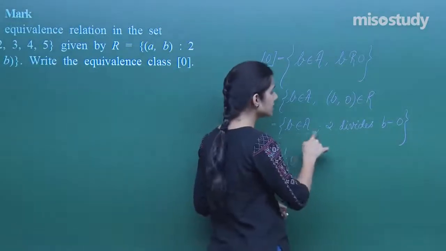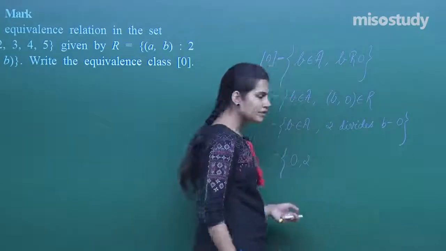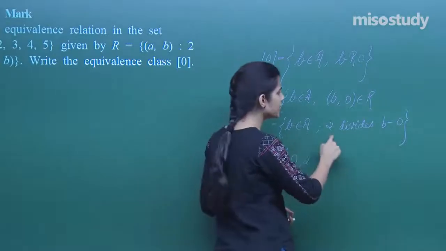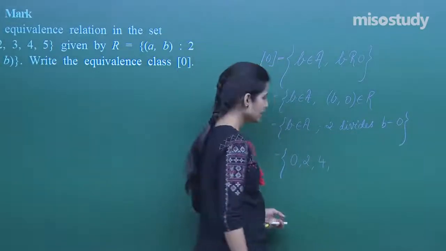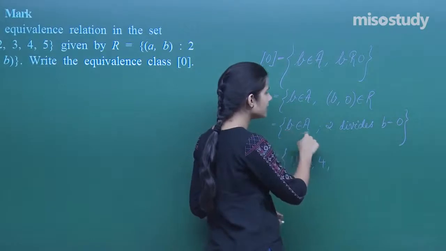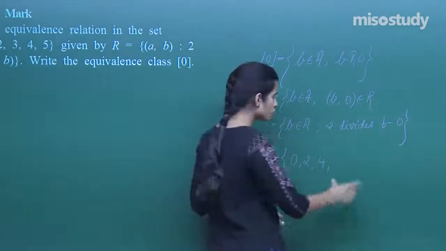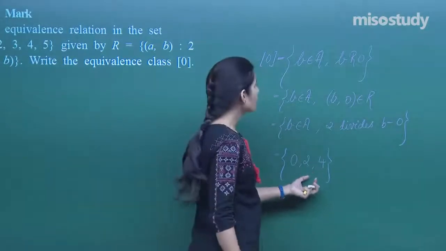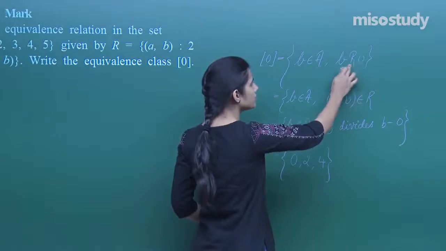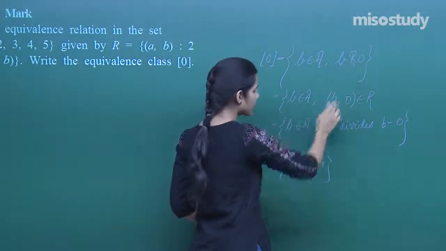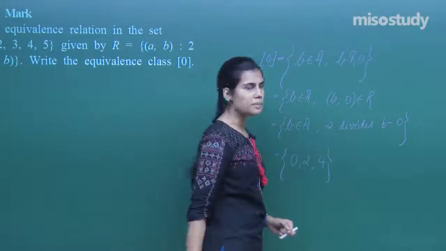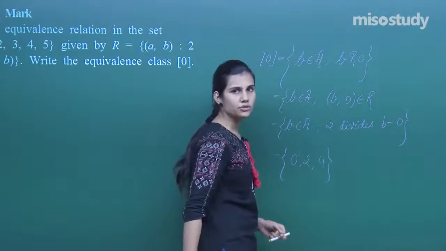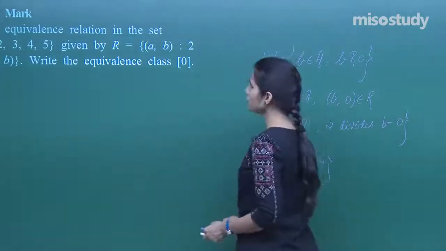Next is 4 in set A. Does 2 divide 4 minus 0? Yes, 2 divides 4 minus 0. So 4 is going to come here. I want all those elements of set A such that 2 divides that element minus 0. Then you have 5. 5 is in set A. Does 2 divide 5 minus 0? No, 2 does not divide 5 minus 0, that is it. And so this is the set of those elements of set A which are related to 0. 0 is related to 0 under the relation R, 2 is related to 0, 4 is related to 0, and therefore inside the equivalence class of 0 lie those elements of set A which are related to 0, and they are these 3 elements. So this is the equivalence class of 0.